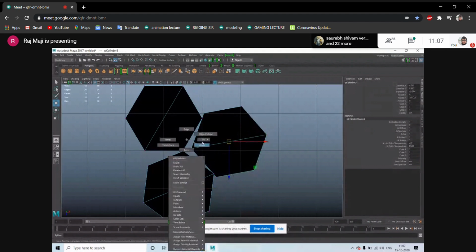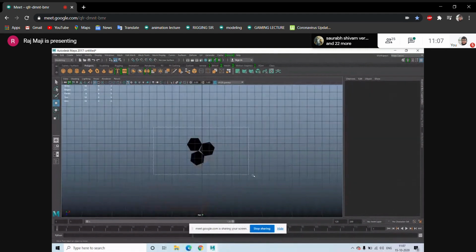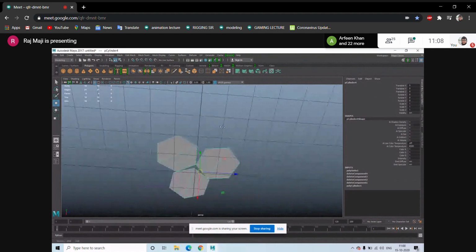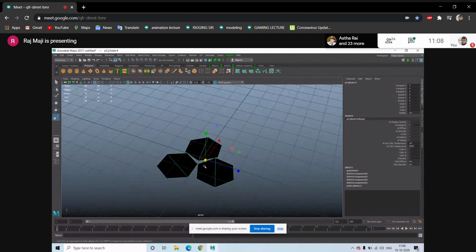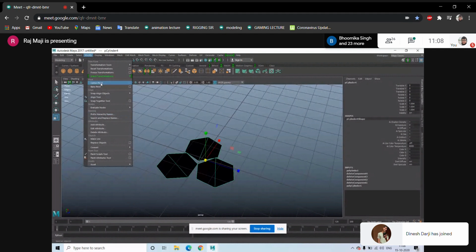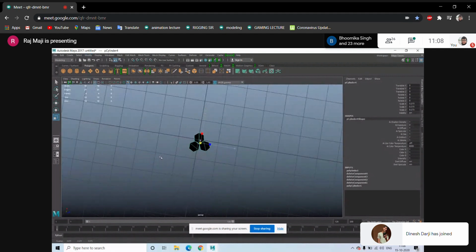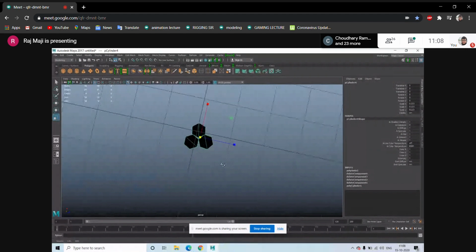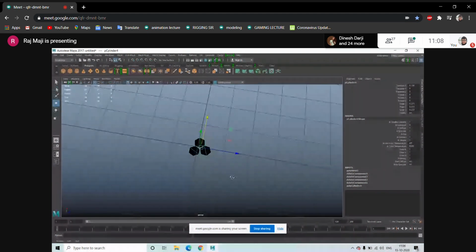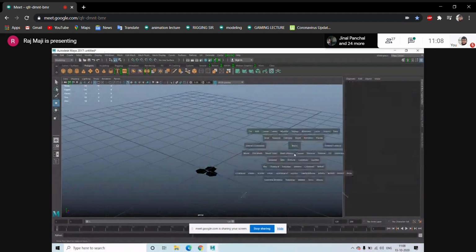All right. Now selecting all the three, mesh and combine. So now this is one. This is one. 45 center pivot. I think the point of it, scaling it down. Almost it is on the grid. If it is not, keep it on the grid. Okay. Now